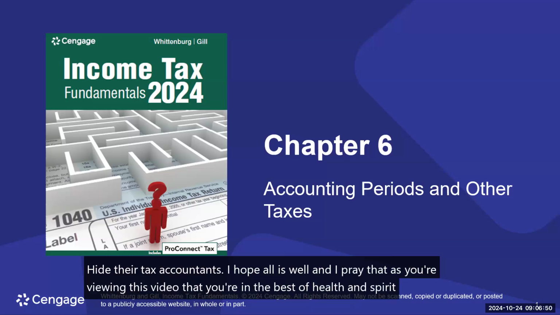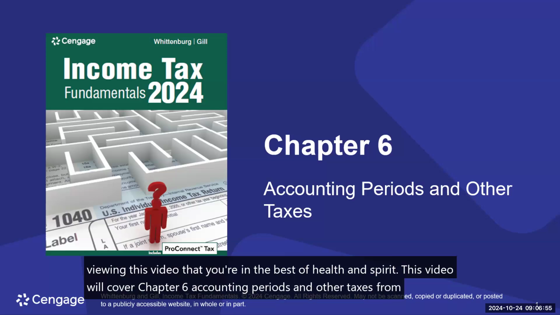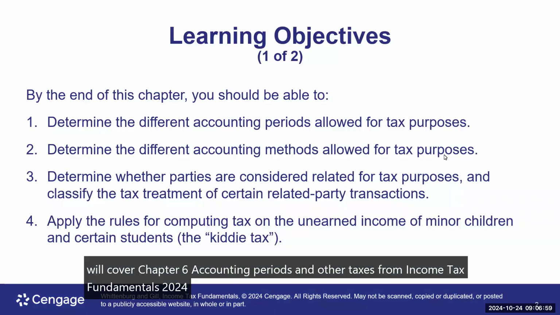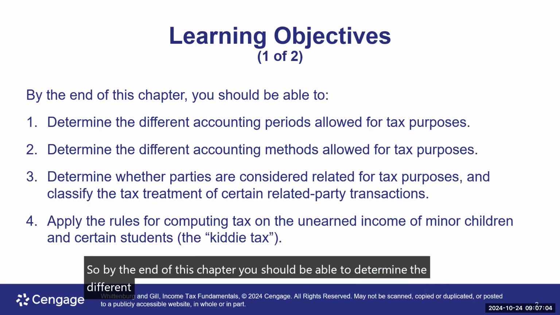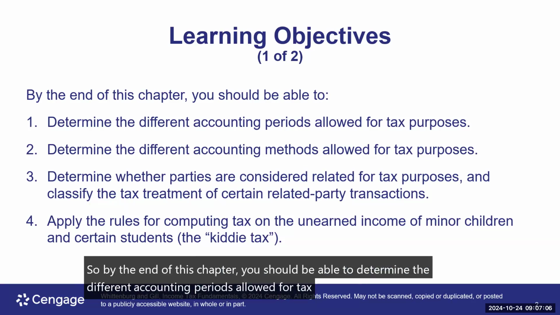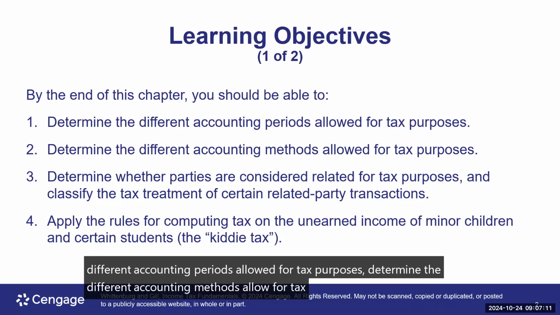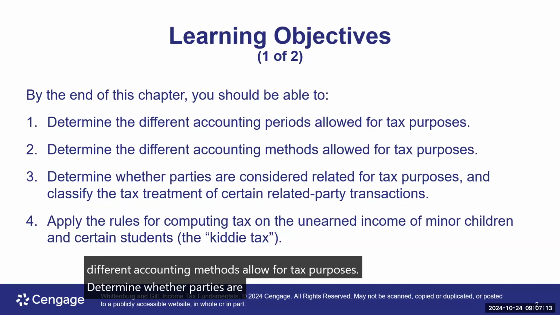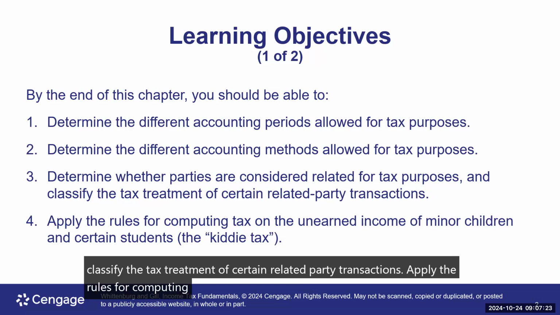This video will cover Chapter 6, Accounting Periods and Other Taxes from Income Tax Fundamentals 2024. By the end of this chapter, you should be able to determine the different accounting periods allowed for tax purposes, determine the different accounting methods allowed for tax purposes, determine whether parties are considered related for tax purposes, and classify the tax treatment of certain related party transactions,